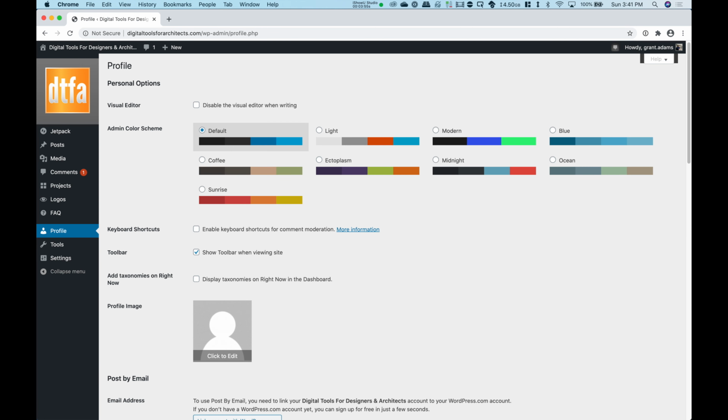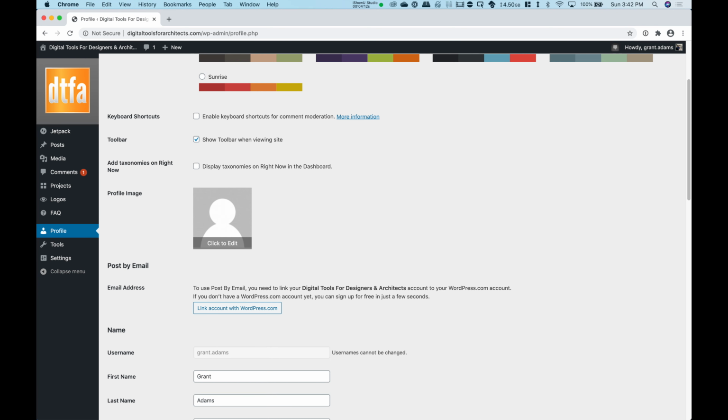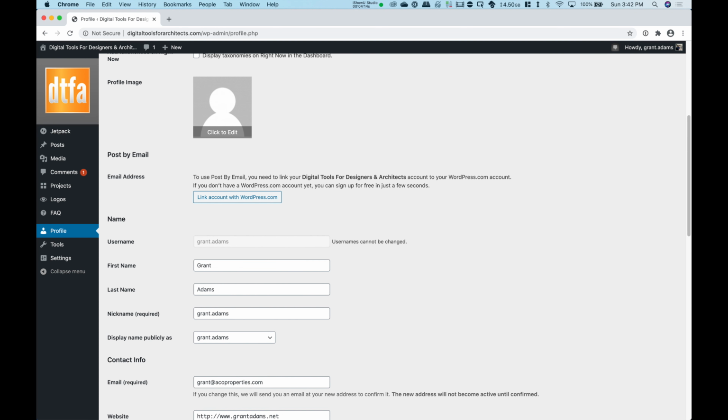This is where we have the ability to customize our profile image. This personalizes things a little bit, gives people a sense of what you look like when you are logged in. So you can click on it and upload your own photo to change that picture. We can come down here a little bit further. Your username has already been set, but you can fill out this other information.